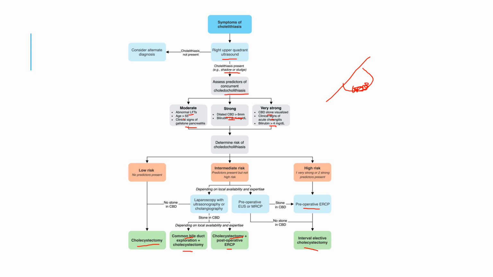If there is suspicion, if you're not sure whether they have a CBD stone, you can go for a common bile duct exploration during the laparoscopic procedure, or you can go for a post-operative ERCP to extract the stone. Or if they are at high risk for CBD stone, then you can do a preoperative ERCP to extract the stone and an interval elective cholecystectomy,